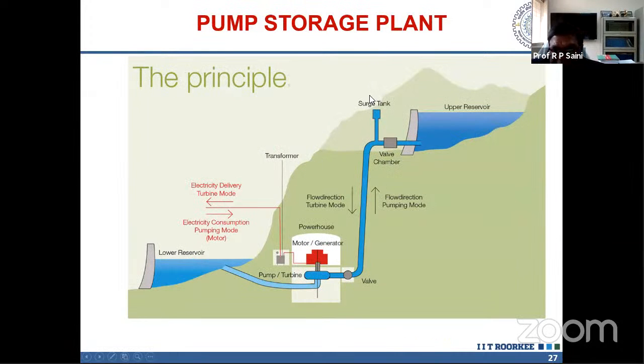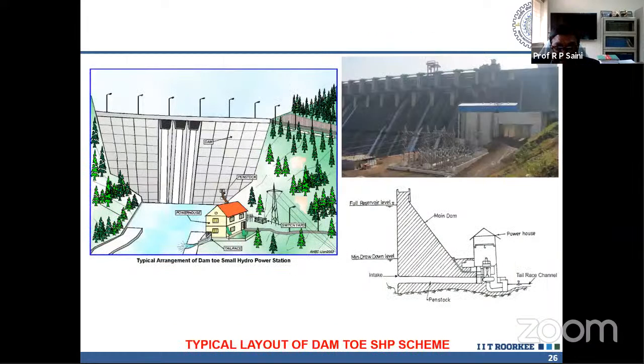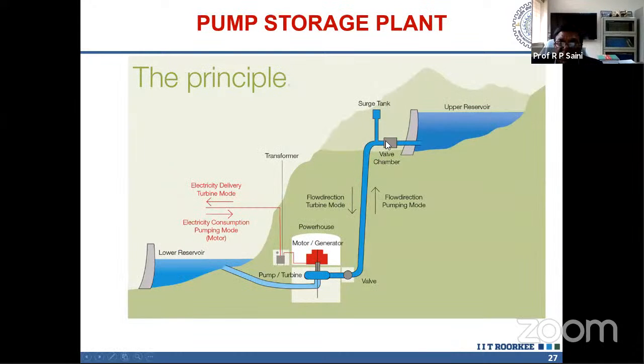And this is again one kind, the pump storage plant. Nowadays it's an emerging area. In that case, this is peaking power, and sometimes surplus energy is there, so you can use that surplus energy. Of course, it will be reservoir plant based only. Here, when there is a need for electricity, you release the water to this turbine, it will generate the electricity, and it goes to the grid.